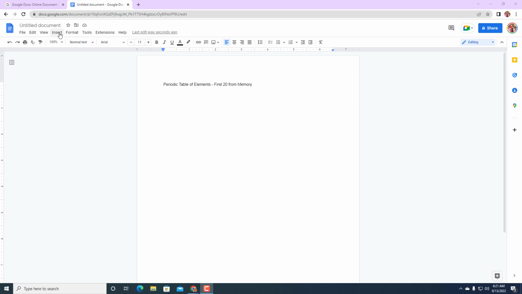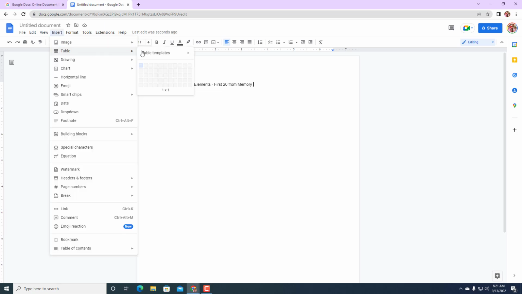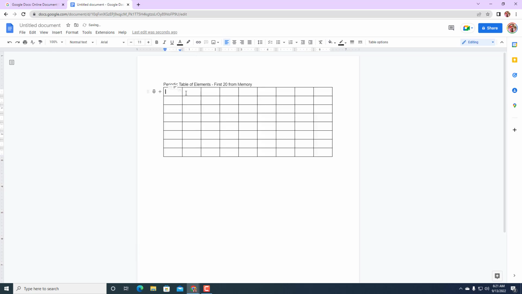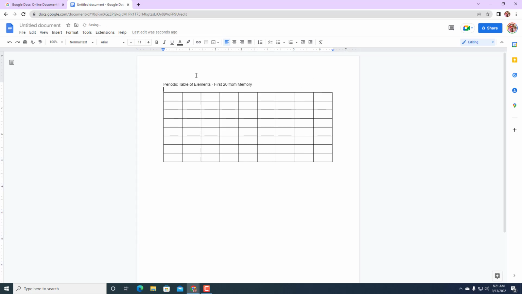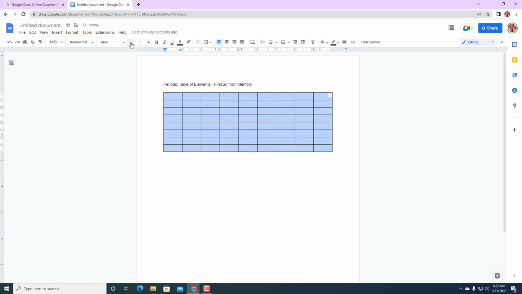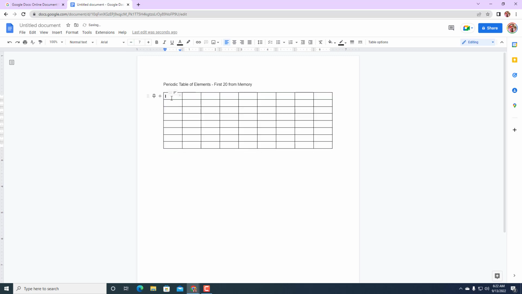memory. So the first thing we'll do is create a table here, and we're going to go across 1, 2, 3, 4, 5, 6, 7, 8, 9, and then down 1, 2, 3, 4, 5, 6, 7, 8. Okay, so 9 across and 8 down. We're going to have to make the font 7. That's the only way that everything will fit,